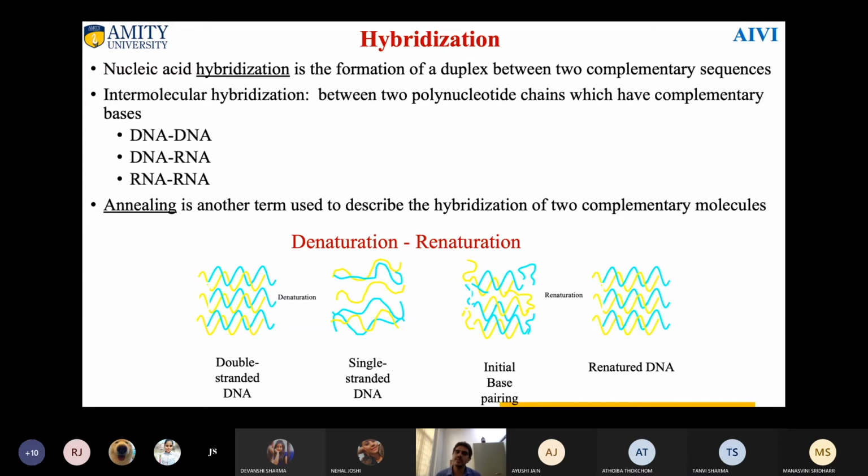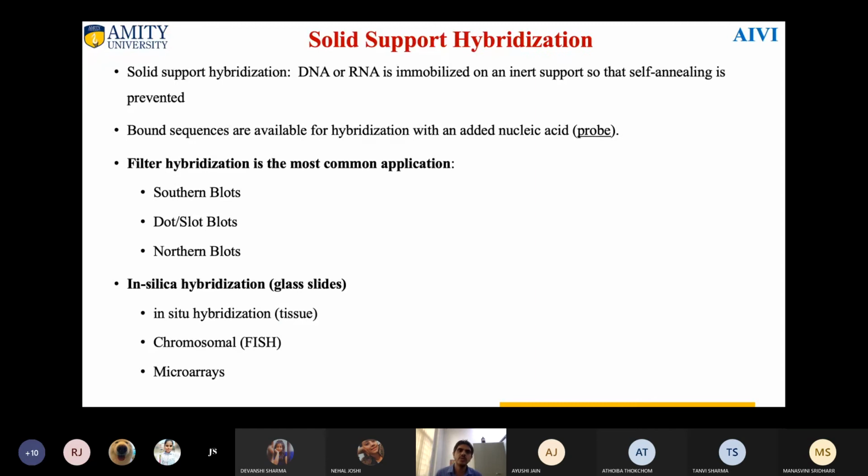So your DNA analysis is generally performed within the gel, because in the gel you can recognize where a segment is present, of what size this segment is going to be, and it is easy to handle also. But to work over it, we need a solid support. So what type of solid support is going to be this? This solid support is going to be there